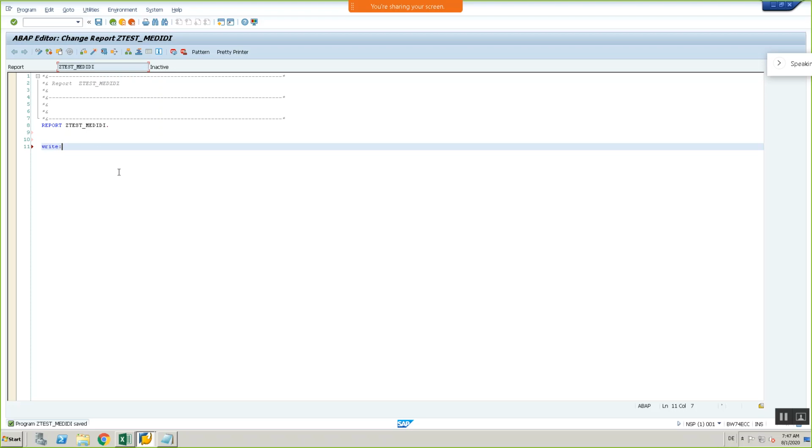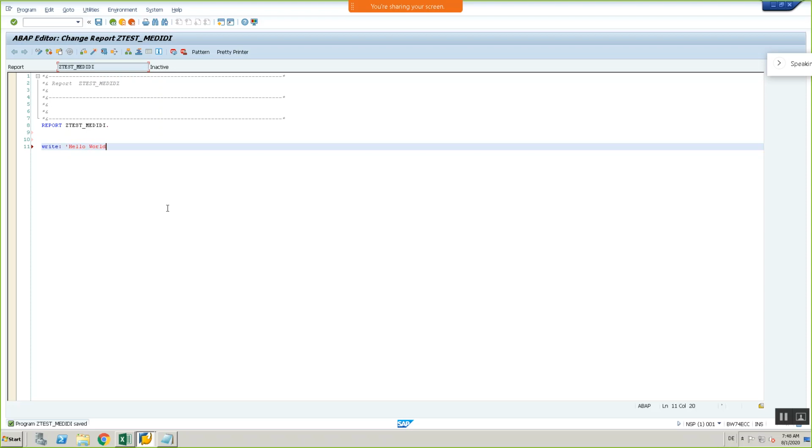Console means output screen. Like how we have the console in command prompt, right? Command prompt, we call it a console. In the same way, when we execute our program, it will show some console. That is the output screen actually. So the write command is followed by the colon symbol. See, this is the colon symbol. So now I need to write some code. For example, hello.